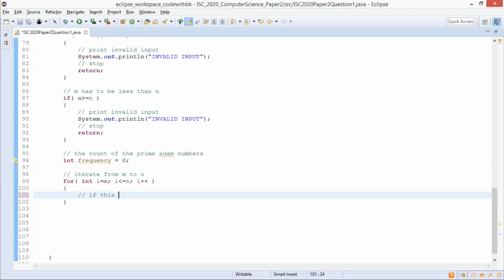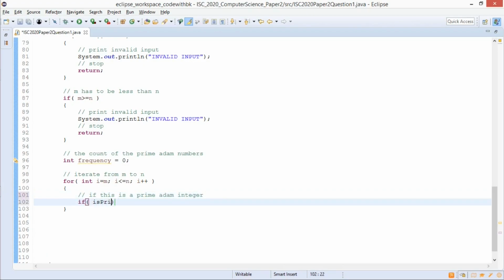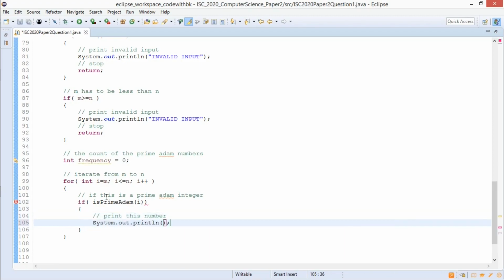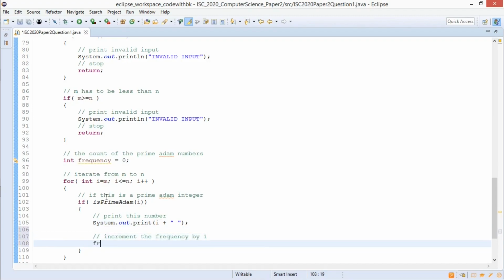So if it is a prime atom integer, if isPrimeAtom, I will print this number: System.out i plus a space. Also I will increment the frequency by 1. So frequency plus plus.